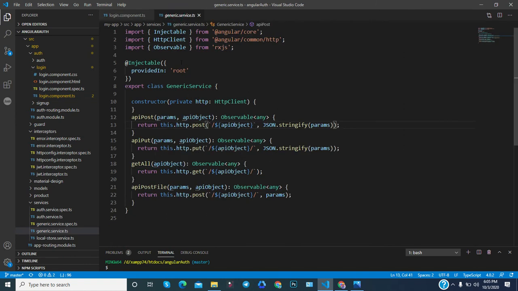So basically we are creating one service, and this service is managing all these things. Suppose you want to modify anything for every API call, then you can also write something like here.